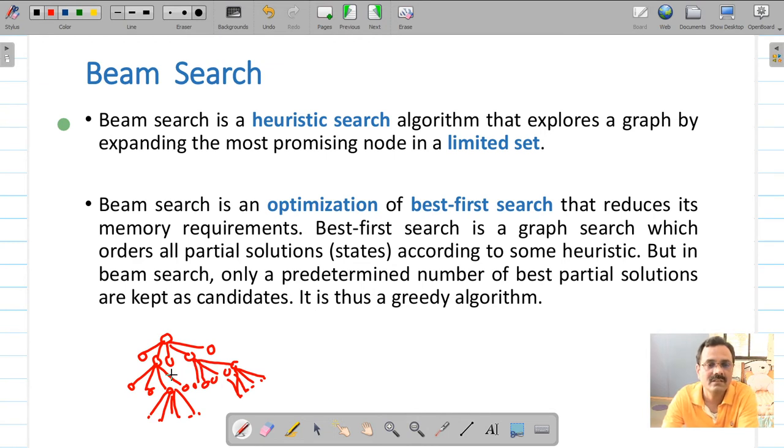So this is similar to best first search, because here also you are selecting best nodes, but instead of considering all nodes, in best first search we store all these nodes, or partial solution paths, on the priority queue. Here we are not going to do that. We are going to select a few nodes, which is dependent on your beam width, called the beam width here. Now, since it works in this fashion, it is called a greedy search algorithm.